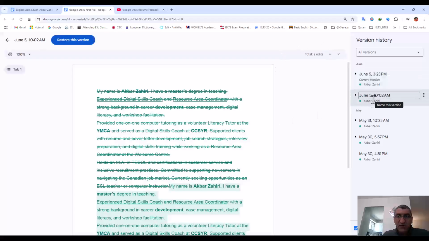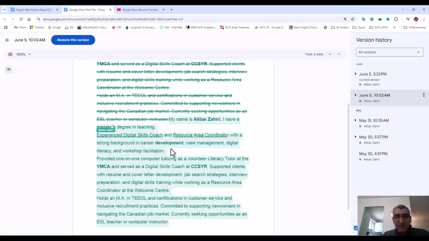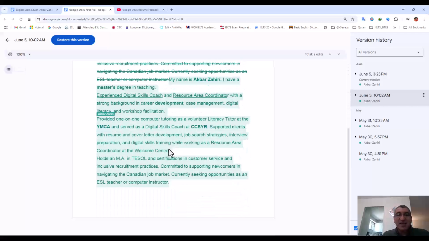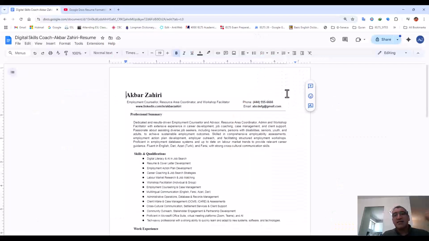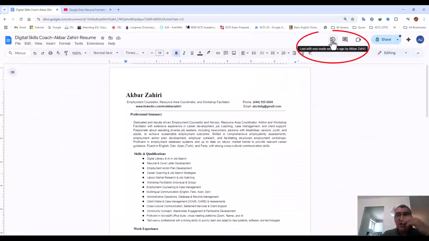But if I go to the fifth, as you remember, when I was teaching, I changed all of them, did some additions. If I want, I restore, but this is useless. Or May 21st, it was the first one, if you remember. So I can click and restore them here if I want. I don't want to, okay, I leave it the same as it was. So this is to access the different versions that you have worked on online.